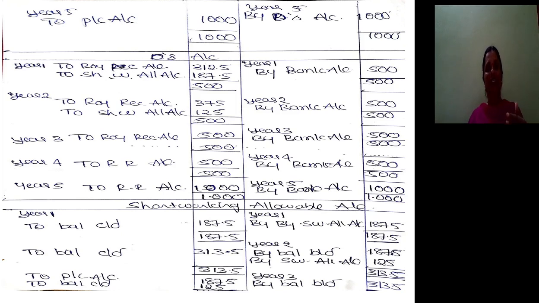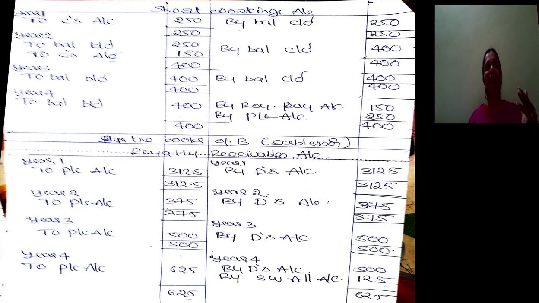And lessor will receive cash from lessee, journal entry: bank account debtor to D's account. So D's account will get closed. D here means lessee. Then royalty receivable should be closed by transferring it to profit and loss account. So to profit and loss account 625.